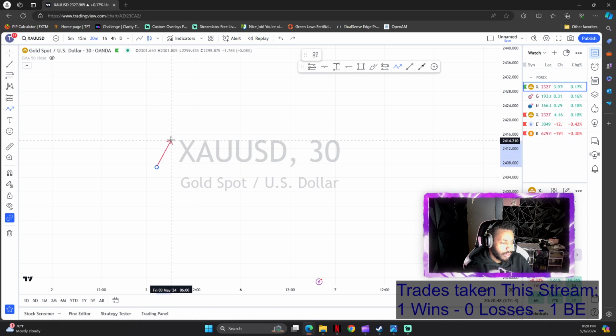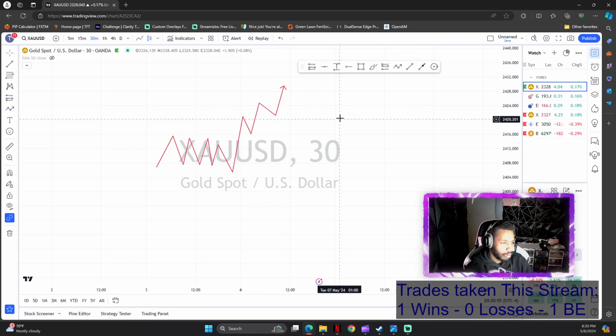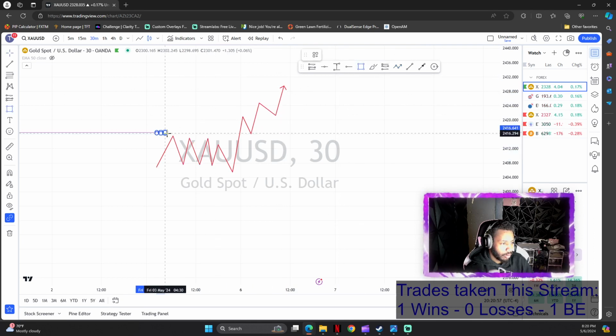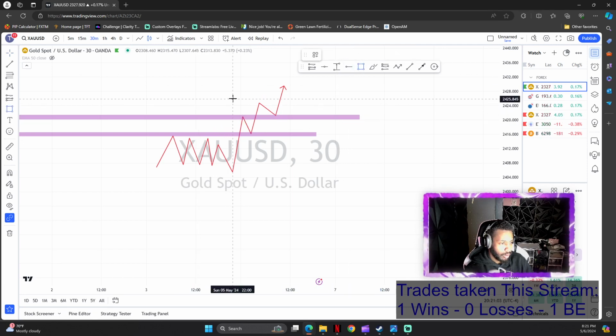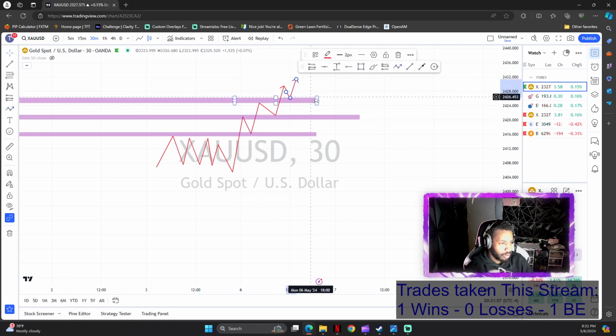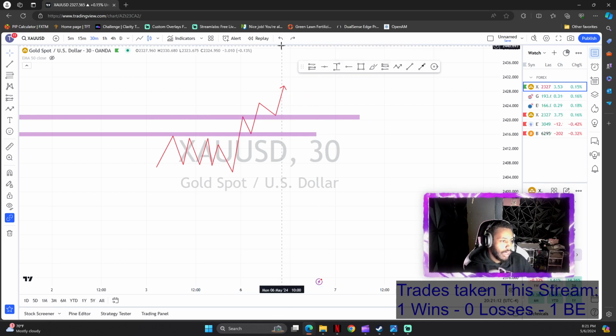Or if we had something like this, we have a consolidated market, right? Then we have a breakout. This will be my major level, and a potential major level here for price to come down to continue up, like so. Now that you have an idea on how I draw my levels,